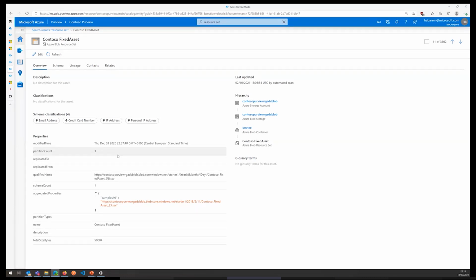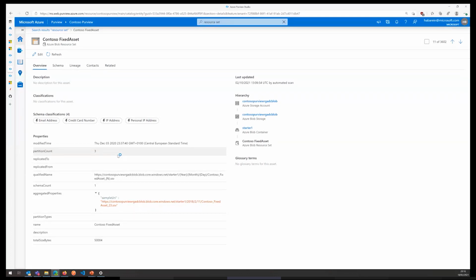This has specific upsides and downsides. The downside being a customer pinged me and said, I'm attaching metadata tags. We talked about those already today. I'm attaching metadata tags to all my blobs in this resource set. What happens to them? And the answer for now is they're being omitted. They're not being picked up. And the reason for that is we're not reading 1 million files. As soon as this is being detected,